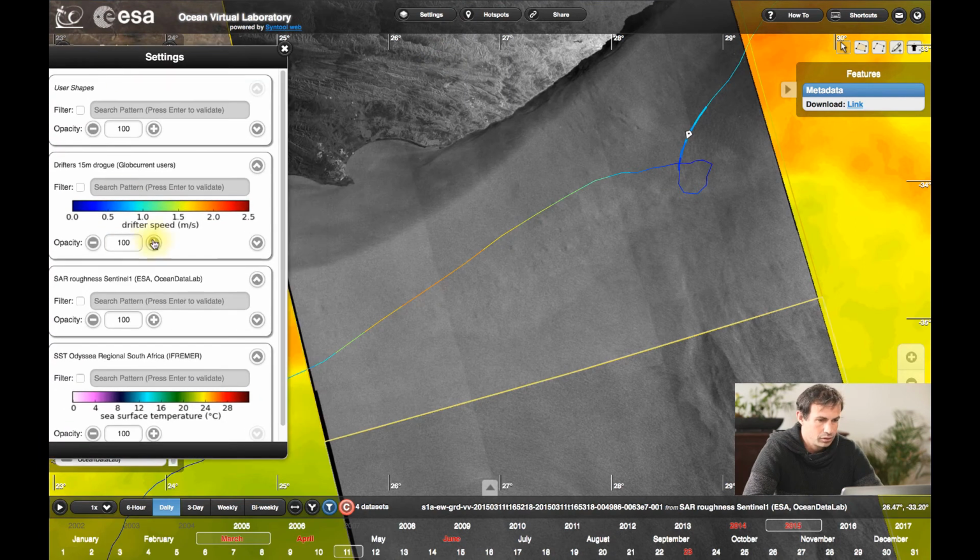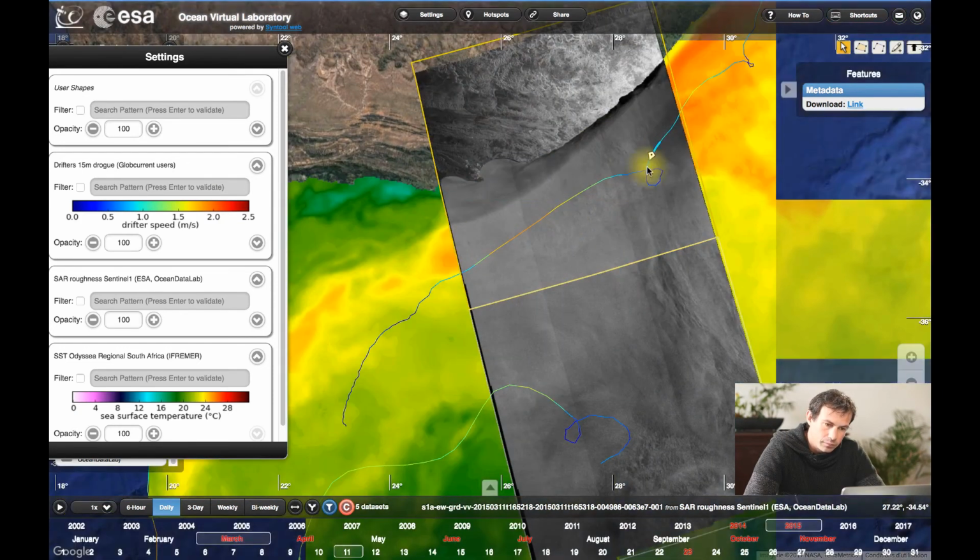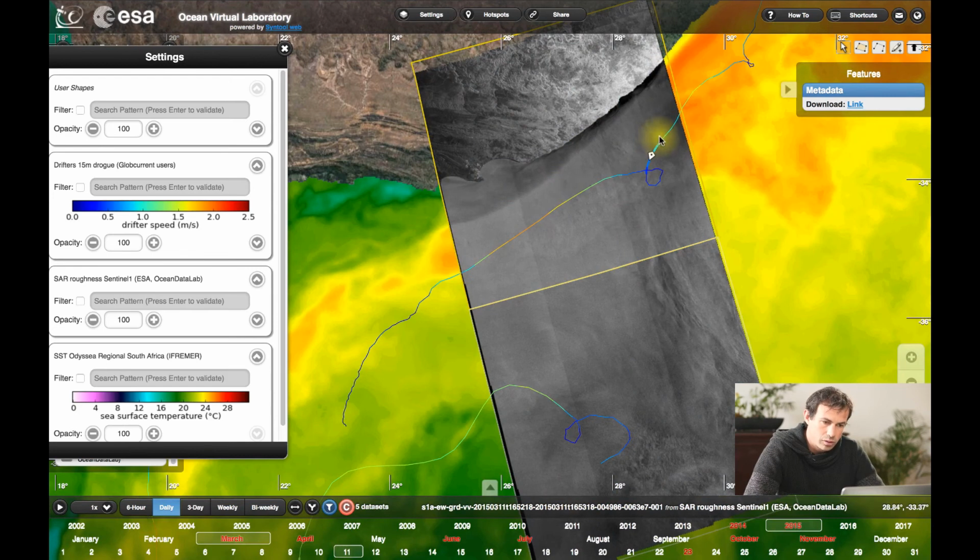As we can see, the velocity goes from 0 to 2.5 meters per second. And in the area of this strong current, we can reach maybe 2 meters per second. And so we have some consistency between what we see on the SAR image and the actual trajectory of the drifters.